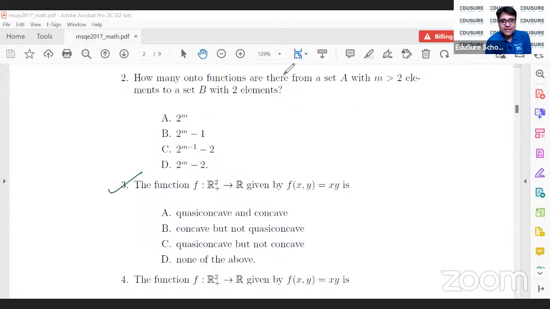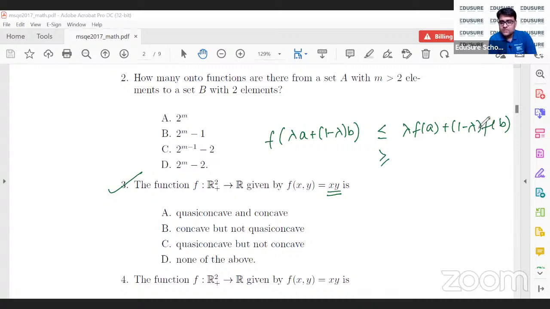ISI 2017 actual paper question number 3. This is a two variable case. टू वेरिएबल केस में कॉन्वेक्स, कॉन्केव, क्वाजी कॉन्वेक्स, क्वाजी कॉन्केव को डेफिनेशन से देखेंगे. गो इनटू द डेफिनेशन. डेफिनेशन का वीडियोस आपने देखा है. तो दिस इज बेसिकली द कंडीशन फॉर कॉन्वेक्स